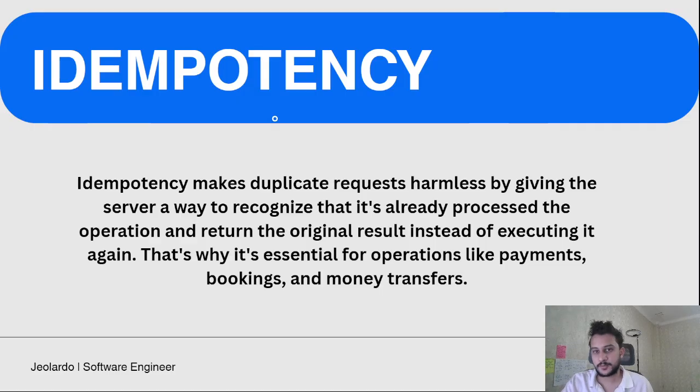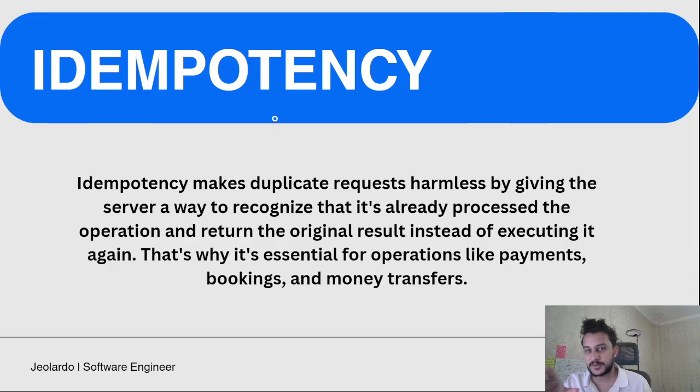For example, for payment, when the user makes the first request, the server checks the database records and updates the status to successful. After that, if the network has an issue and the client doesn't get the response, when the client sends another request, for example,